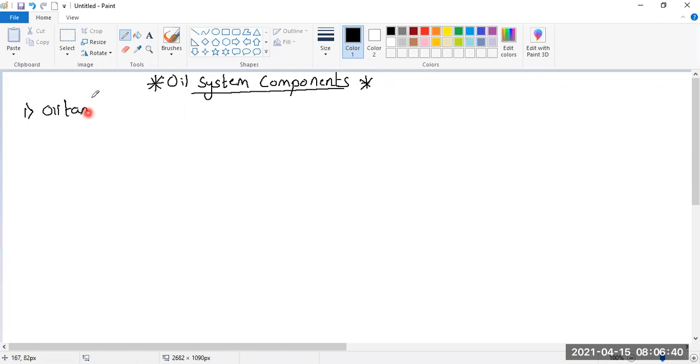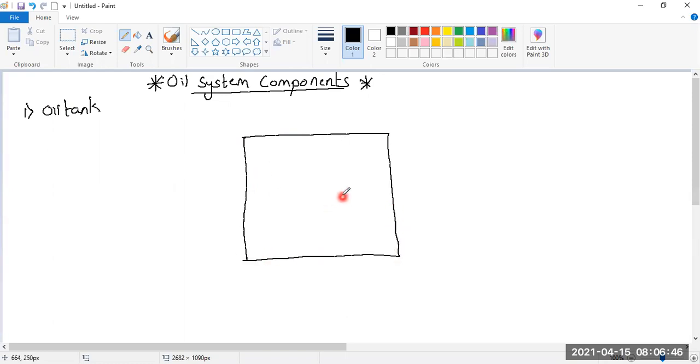So let us understand what this oil tank means. Oil tank basically means there is one small tank in which we will preserve the oil. So if there is an oil, we require an outlet. So from the outlet, the oil will be taken out. If we are taking the oil out from here, we also require an inlet. So this is the inlet. From here, we will fill it.